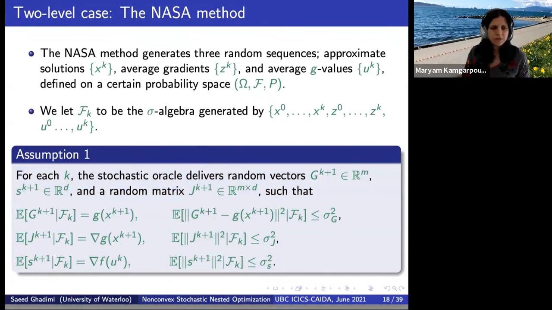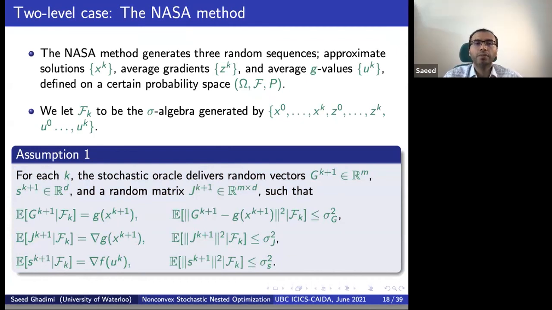And if you don't have a first order Oracle, like you just have function evaluations? Yeah, good question. We have also worked on the zeroth order case where you just have the function evaluations. For the two-level case, you can still get the same complexity bound. For sure you have the appearance of the problem dimension in the convergence rate, but still the convergence is 1 over epsilon to 4. We are working on the multi-level case, on what we can get out of it if you just have the function evaluations.